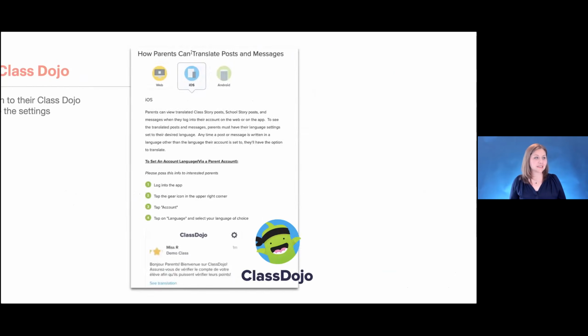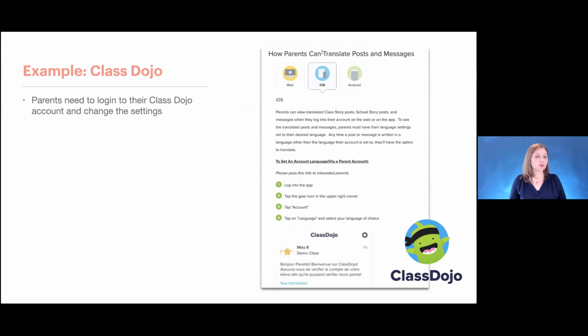And so as an example, in Class Dojo, if a teacher were using this, and this is their main communication tool with parents, there is an option for parents to have the posts and the messages translated into their language. Again, this is likely tied into Google Translate. And so whatever the limitations of Google Translate are, whatever languages are available through Google Translate, likely the same languages in Class Dojo.